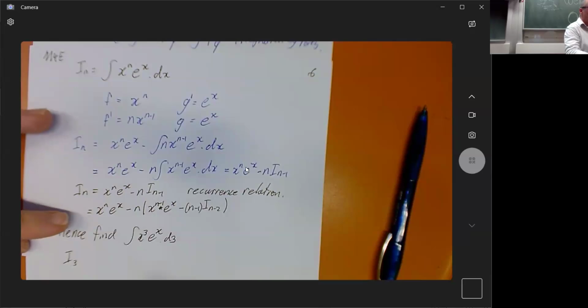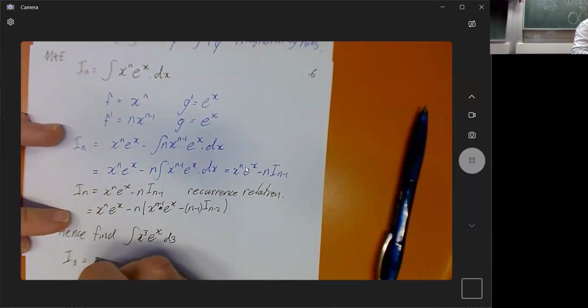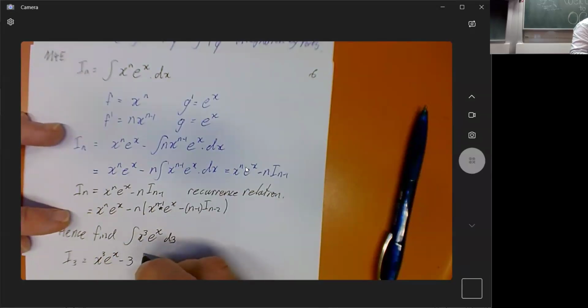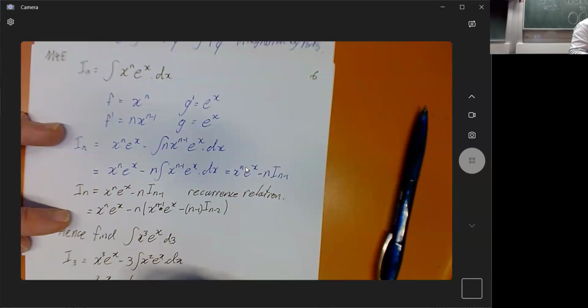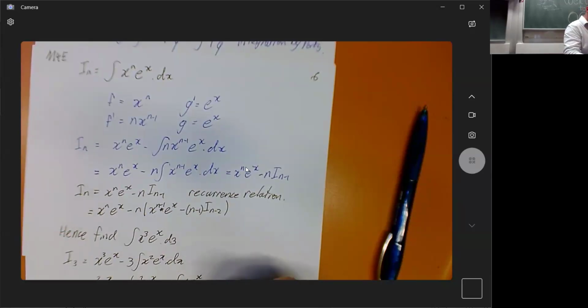So this is I3. This is what we are going to go: x cubed e to the x minus 3 integral x squared e to the x dx, which is going to be x cubed e to the x minus 3, and then this is going to be x squared e to the x minus 2 integral of x e to the x dx,